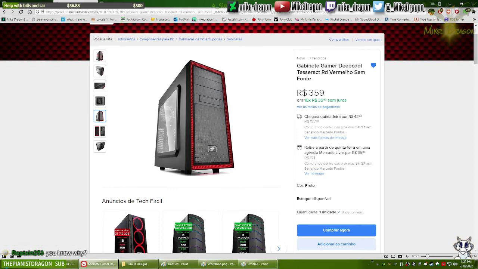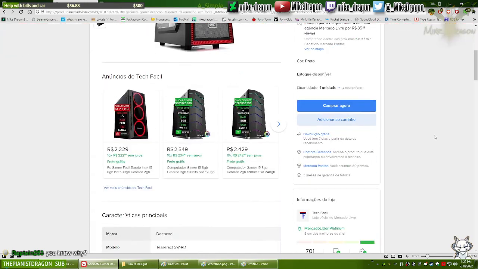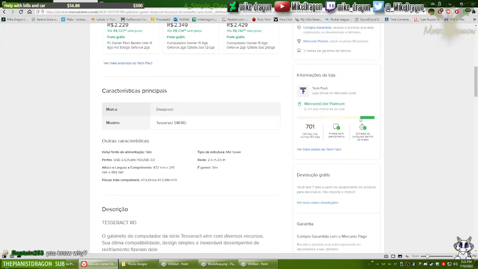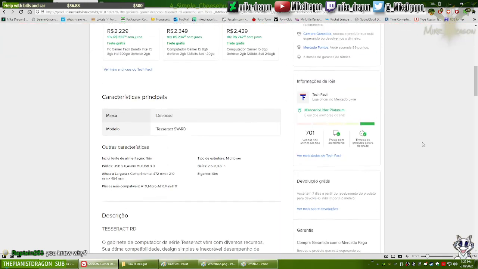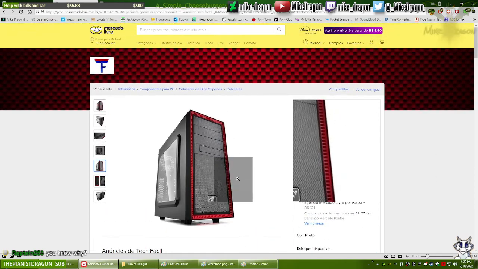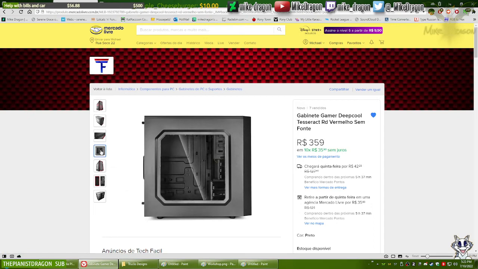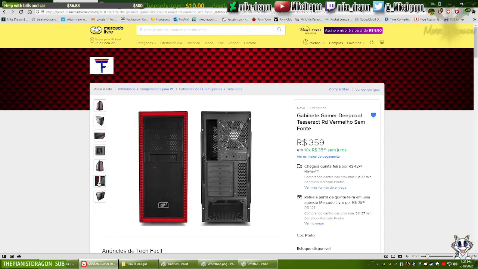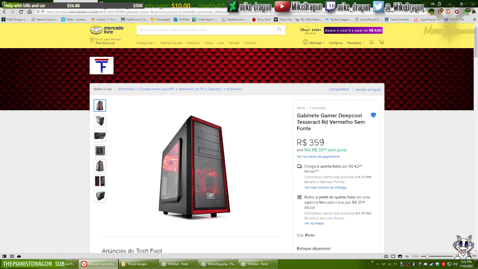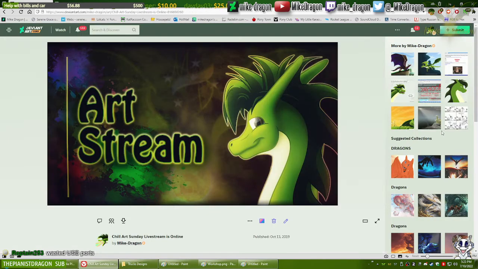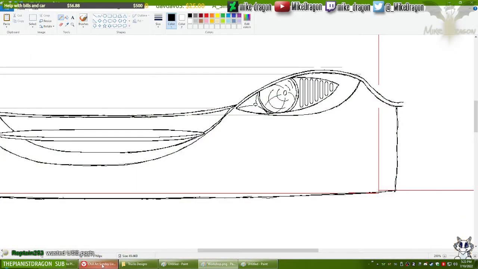And if I had the money, I would buy this here, except that the seller doesn't have a good reputation. But anyway, it's a very good case that they don't make anymore. This one is still brand new, it seems. If I had the money, I would buy this, just because it is a good case. And who knows if I will ever need a new one. Why waste USB ports?